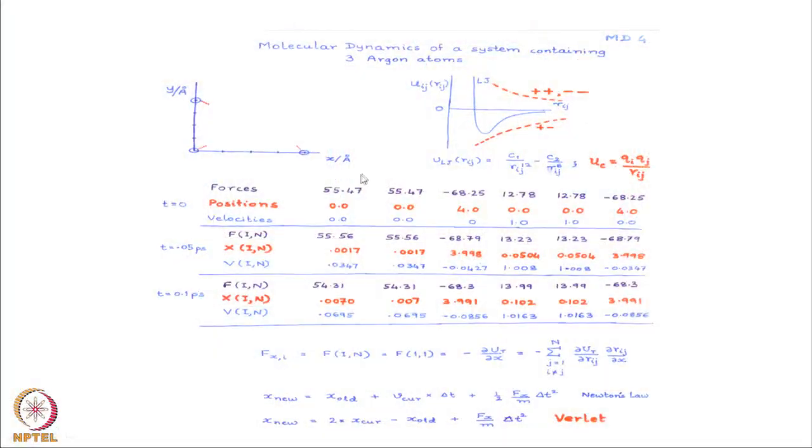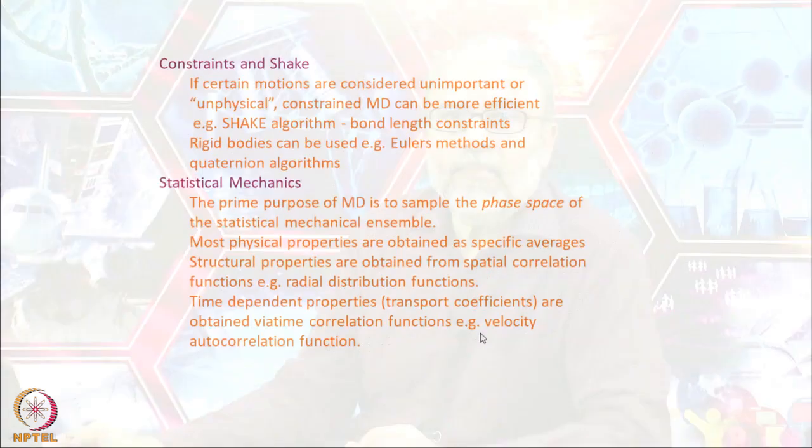So, it is extremely important to know all the units in your calculation, because if you use a wrong unit, there is no meaning in your result. So, this is how I have illustrated here a typical example of a molecular dynamics of a 3 particle system. I illustrated 3 steps. You can actually calculate this by hand. So, make sure you understand everything. I have given the Verlet algorithm, and I have also calculated velocity using the Verlet algorithm.